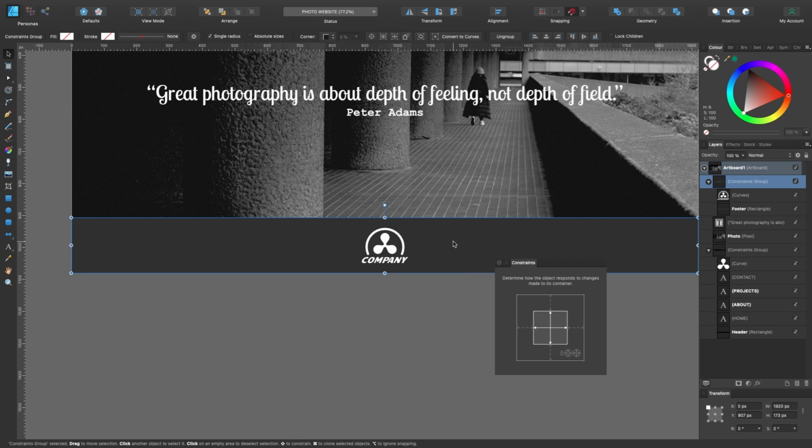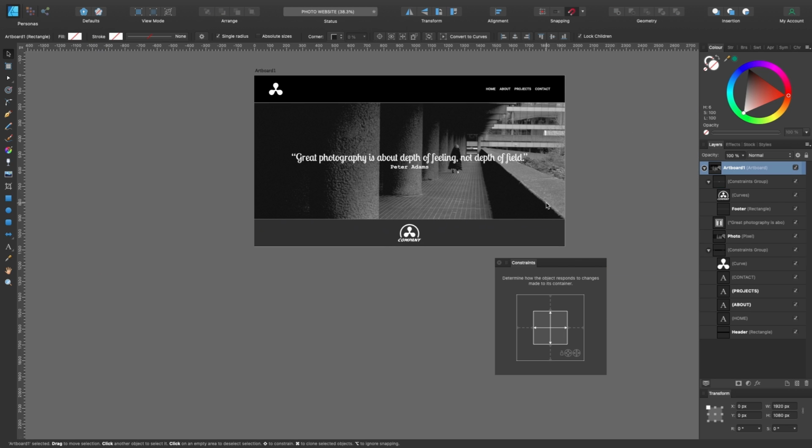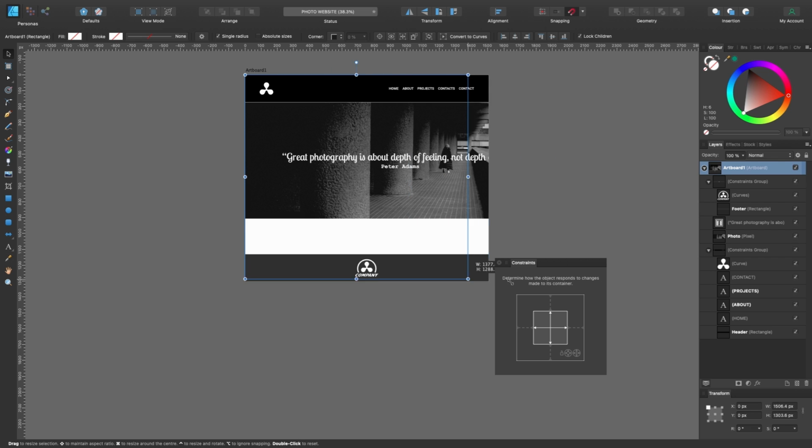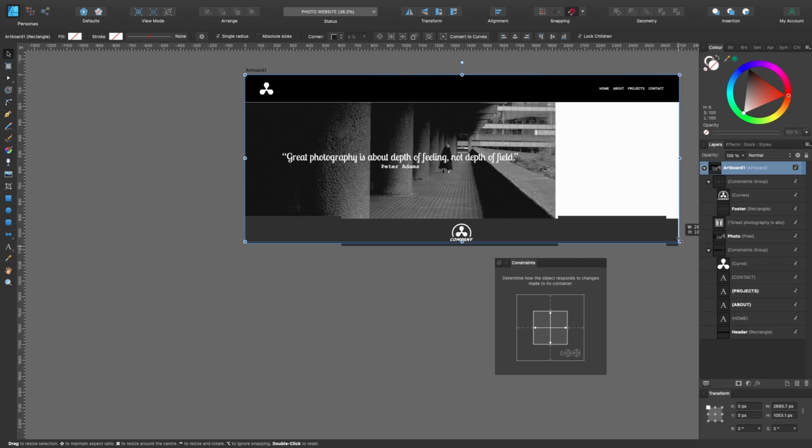And for the big box, the parent layer, I'm going to take off scaling also, and I'm going to anchor it to the left, bottom, and right. So now let's have a look at how it performs. Okay, that's doing everything we want it to do.